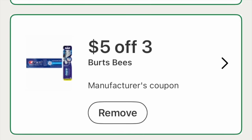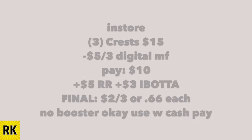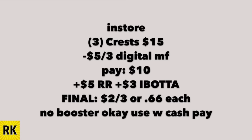And then just to show you the IBOTTA rebate, and make sure that your Walgreens store is the store at the bottom attaching. You'll get back $3 on this purchase. Grabbing 3 of these, it's $15. Subtracting that digital coupon, you'll pay $10. Get back one $5 register reward, $3 back from IBOTTA. That's $8 back altogether. It makes it $2 for the 3 or 66 cents per tube. No booster. It's okay to use Walgreens cash